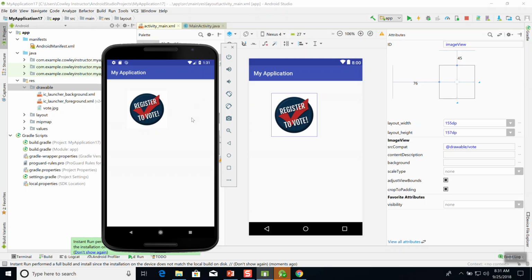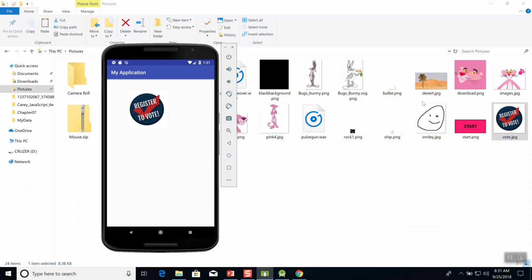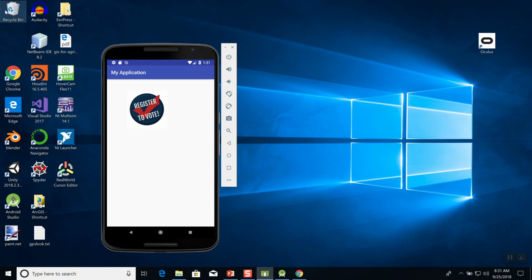One of the books I was reading says PNG is your preferred format, JPEG if you have to, and GIF if you're just forced to. But PNG is your best. Now it's not hard to change something to PNG, by the way. This is on everybody's PC, paint.net. If you go on paint.net,